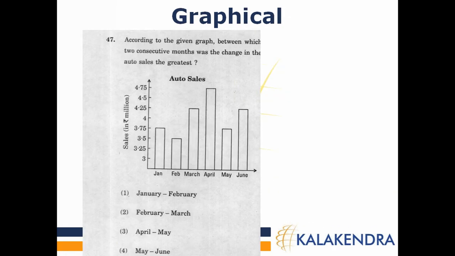One example of a graphical data handling kind of question, pretty straightforward questions come. It says, according to the given graph, between which two consecutive months was the change in the auto sales the greatest? Okay, so it just talks about the greatest value, and you can see here that you've got a jump from